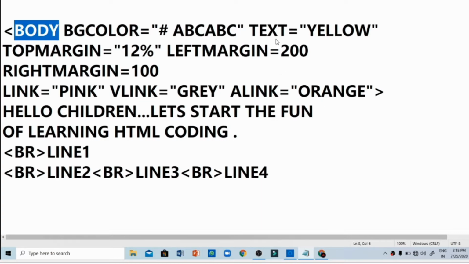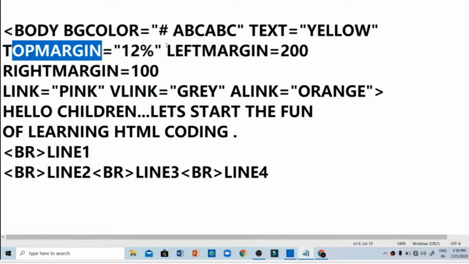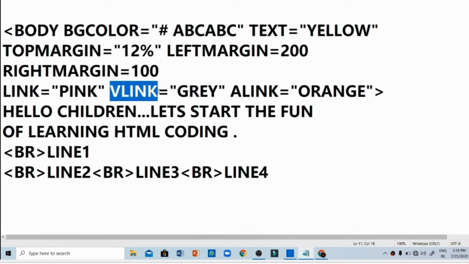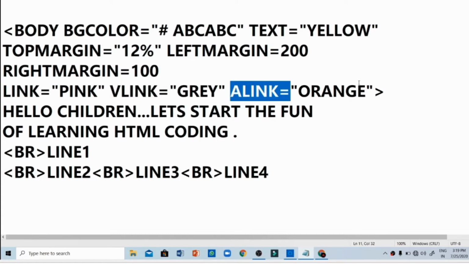So when you come back to the same page with many links, you will see the few links which you have visited are gray in color. The few links which you haven't clicked yet will be pink, and one of the links will be orange. That is the link which is now active, that is, you are on that web page. So these are a few attributes, and we have discussed them in detail. All these attributes will help you apply and make your web page look more attractive.